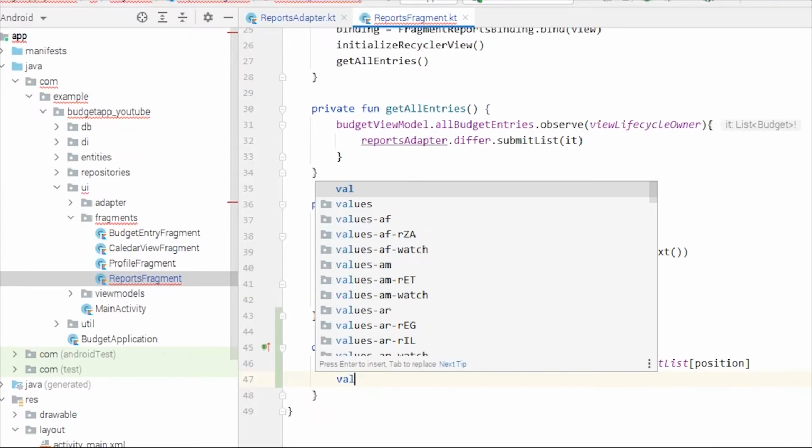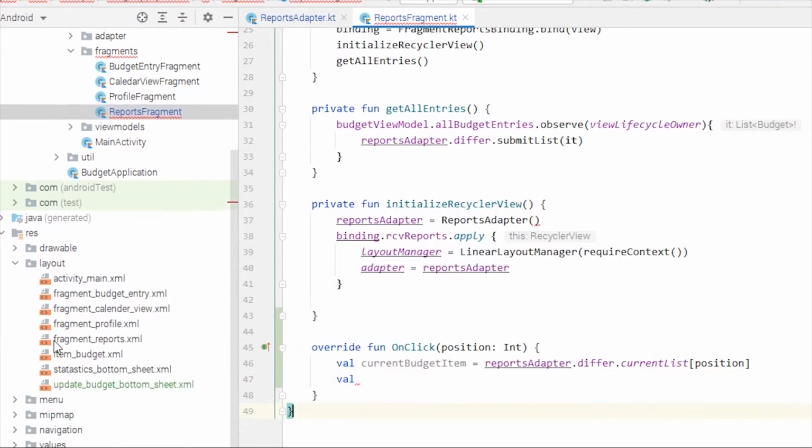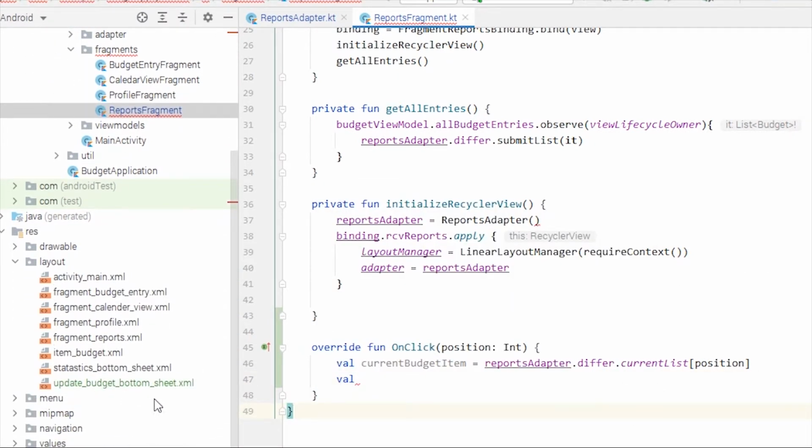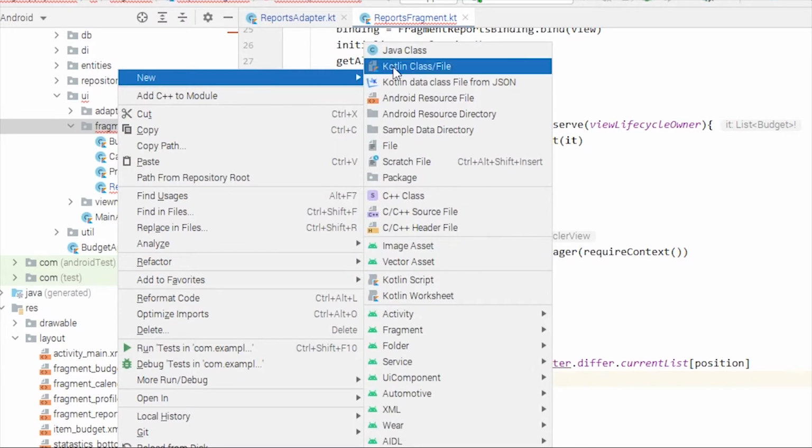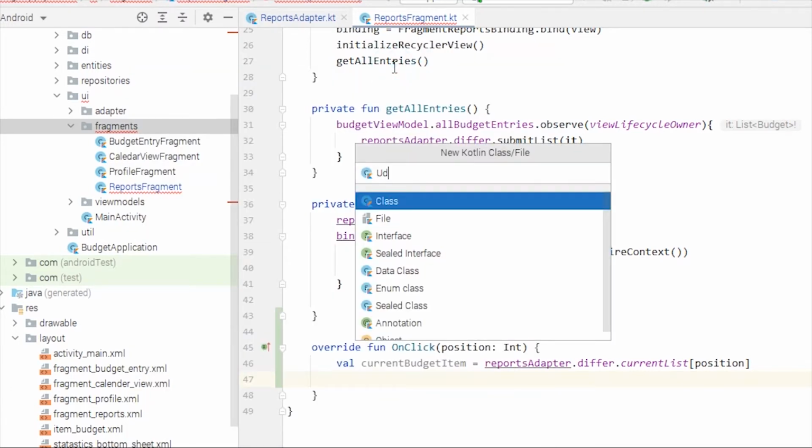Then we'll have a reference to the bottom sheet layout as well, and I have added the layout file. If you go to the GitHub repository, you'll find this update budget bottom sheet .xml file. So let's create the update budget fragment for that bottom sheet layout. Not in the UI, actually this will be a fragment. So in the fragments package, we'll create a new Kotlin class, and we'll name it update budget bottom sheet